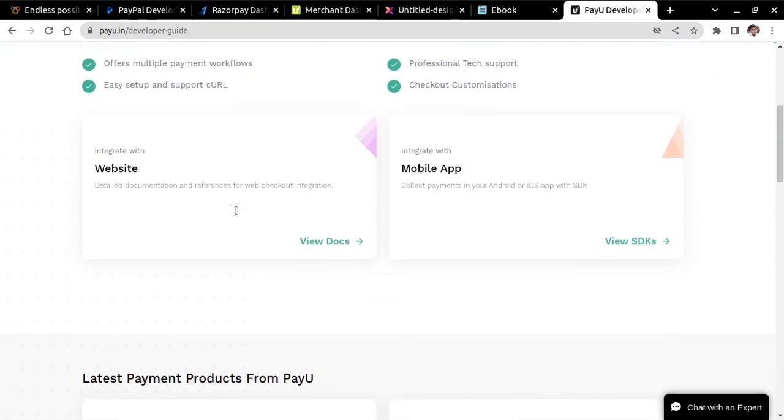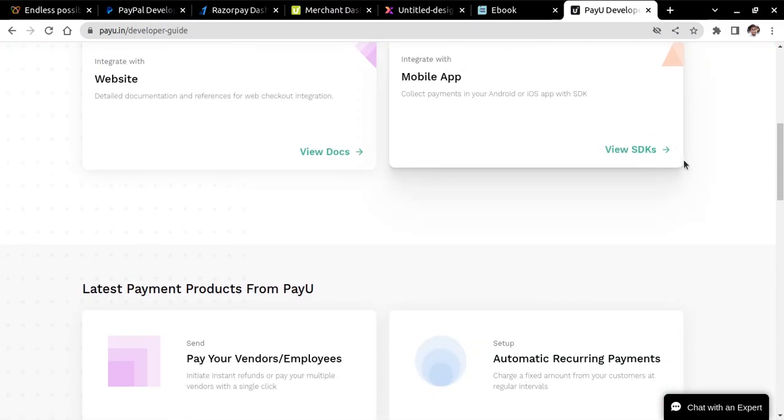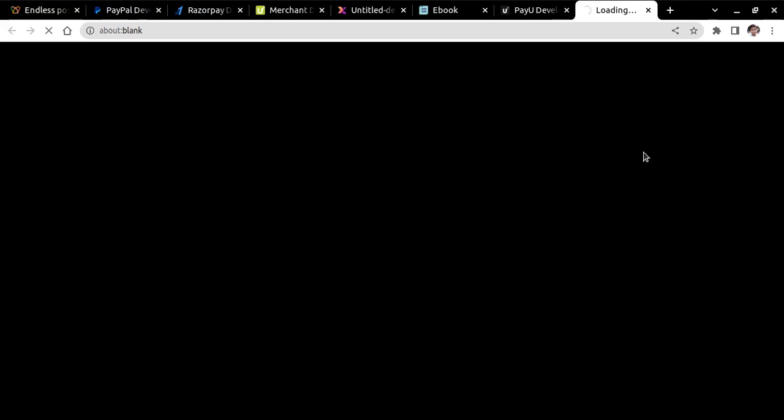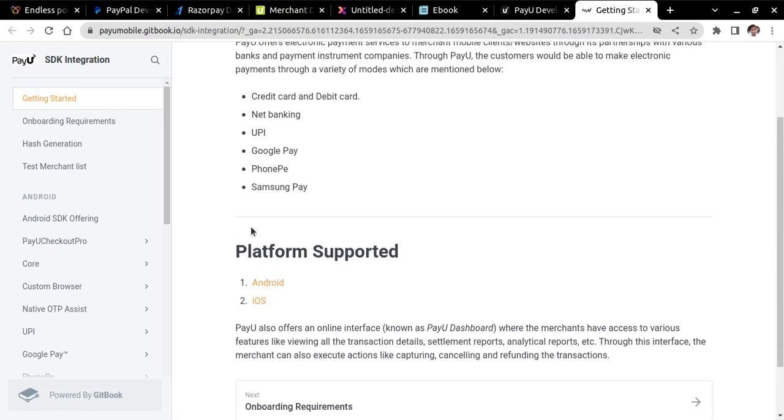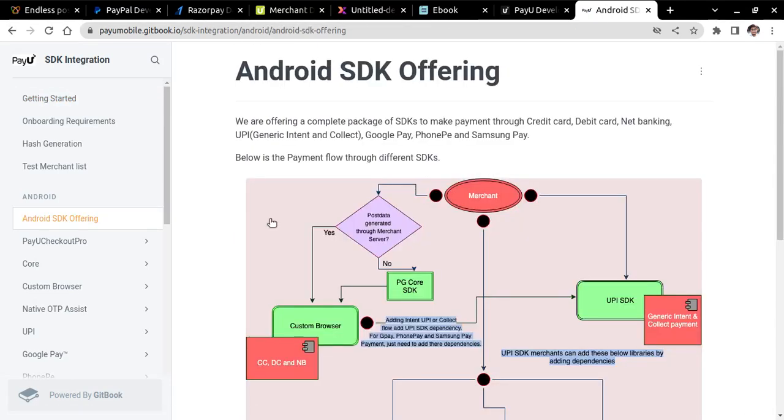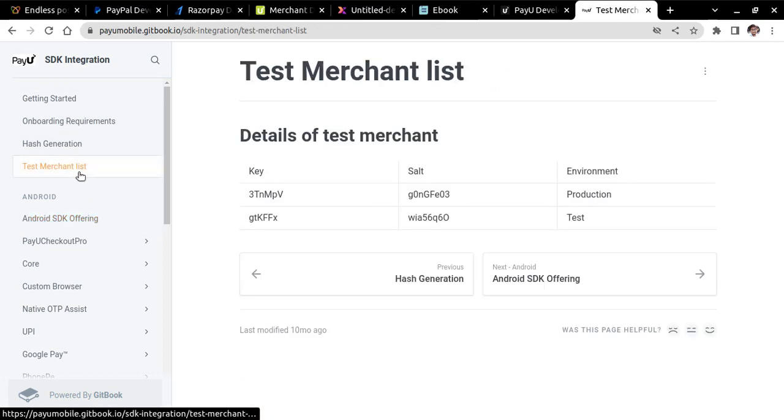Here just scroll down, integrate with mobile apps. So view SDK, click on view SDK. Here you have to click on this Android. Here you can see this test merchant list in the menu bar. Just click on this. Here these are test keys, so just copy these test keys and